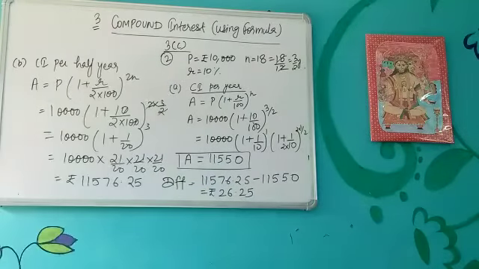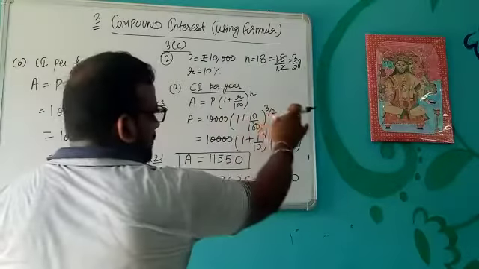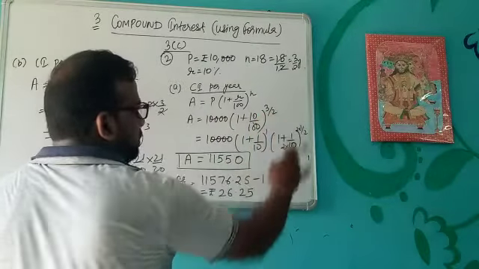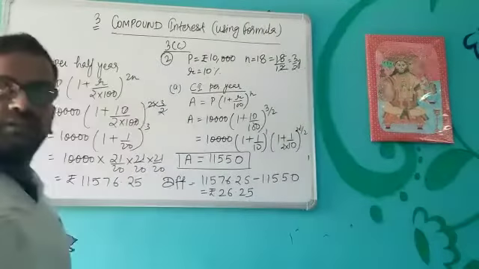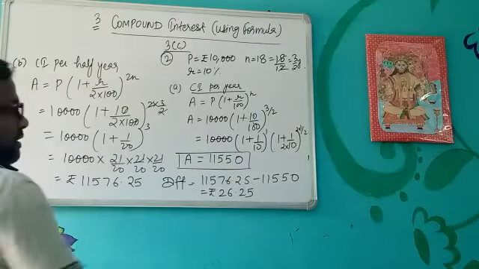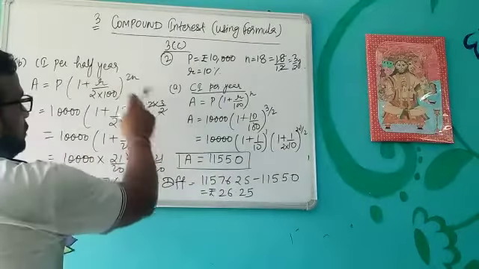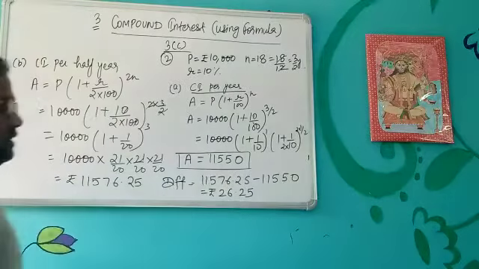Okay, so we have used both the formulas in this question. First we have used CI per year formula. This 3 by 2 we have separated like this, 1 into 1 by 2. And then for this we have converted into the half year, since we have to calculate only for the half year. Then for this we have used the half yearly formula and we got this value. Then we have calculated the difference.